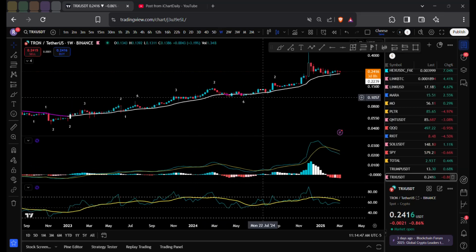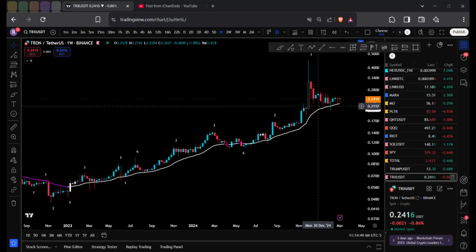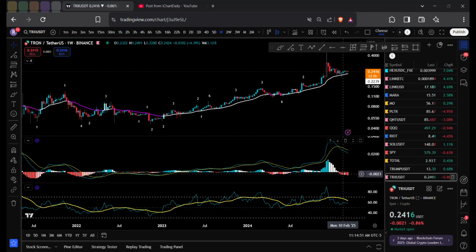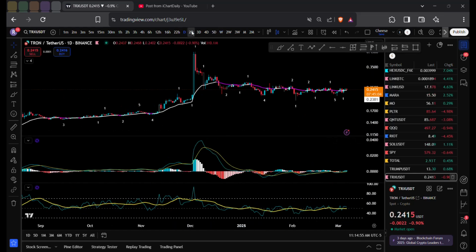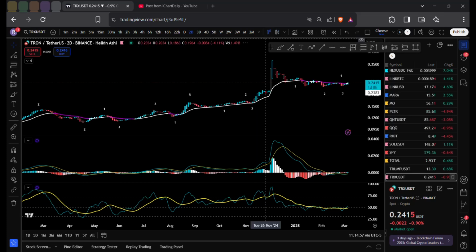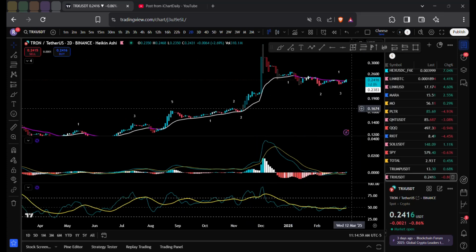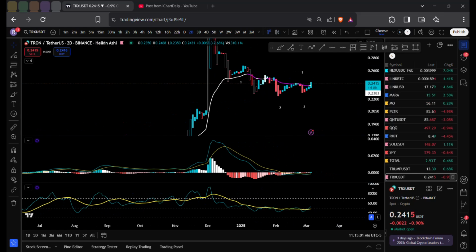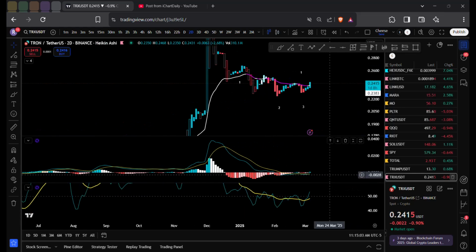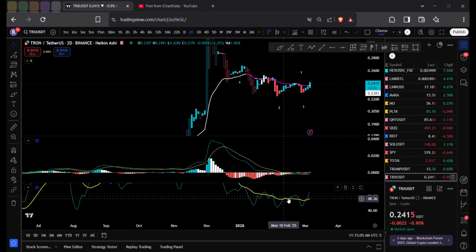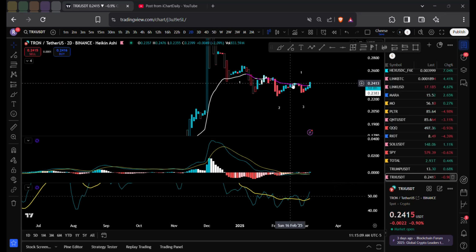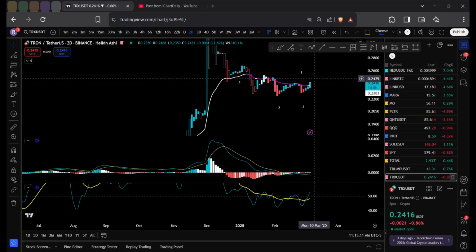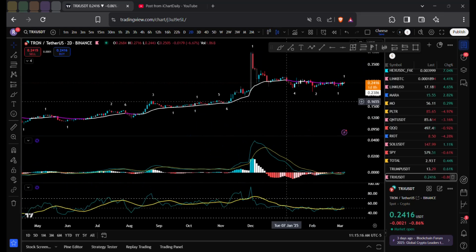As of right now, we are forming somewhat of a bottom. Not the best case scenario on any of these alts, to be honest. Today, yeah, there we go. This is what I mean by going back and forth. So you can clearly see your RSI made a higher low. We officially broke back into section A. We broke the moving average. Tron could go back to the 24, potentially 25 cents.